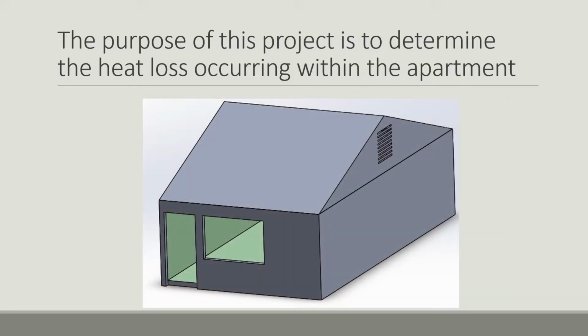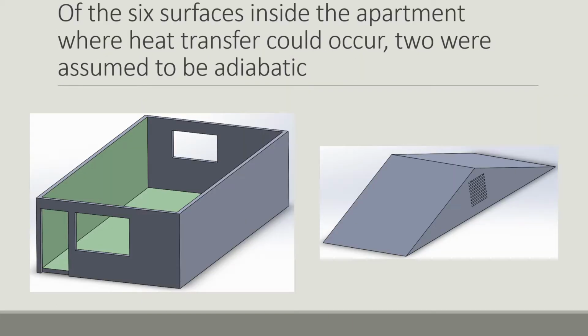We briefly designed a small 3D model of Josh's apartment and the surfaces which we would be using to observe heat loss. As you can see in this model, the two green surfaces are connected to neighboring apartments. One is a wall and the other is the floor. We decided that these surfaces would be treated as adiabatic due to their close relations to neighboring apartments at similar